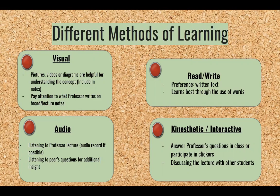If you are more of a person who comprehends the material better through written text, you may identify more with the read and write learning method, and through the use of words, it's best to perhaps refer to textbooks and other text materials that are supplemental to the course content and information. And you could also be a kinesthetic learner,